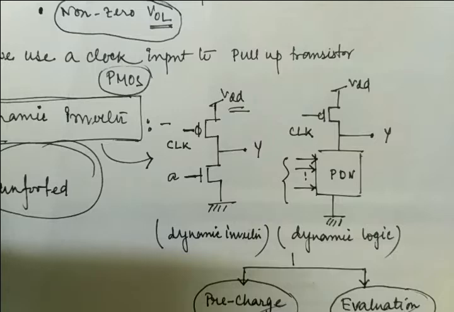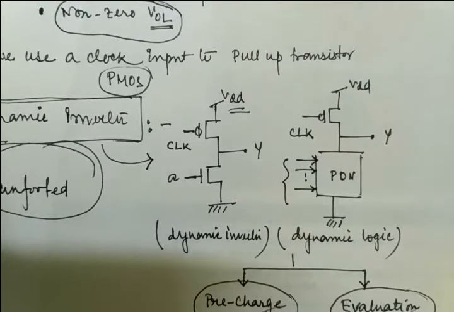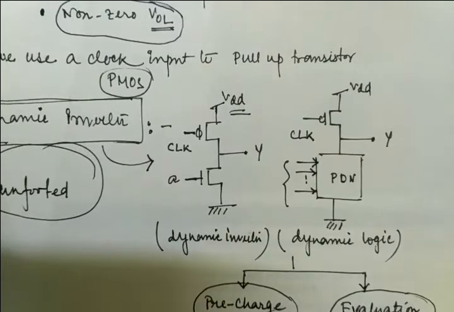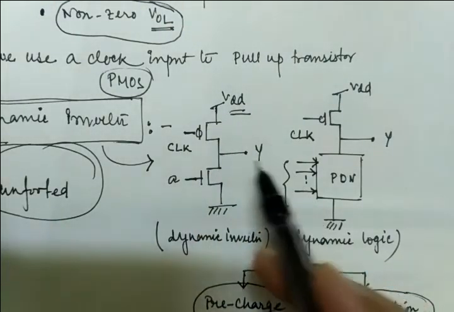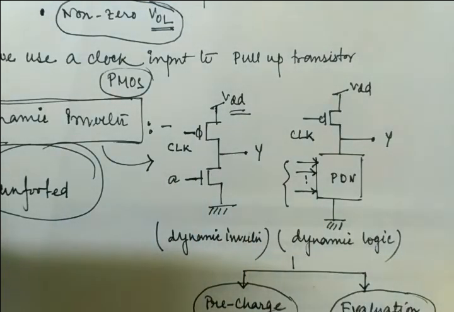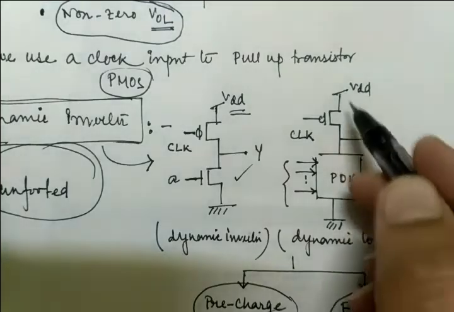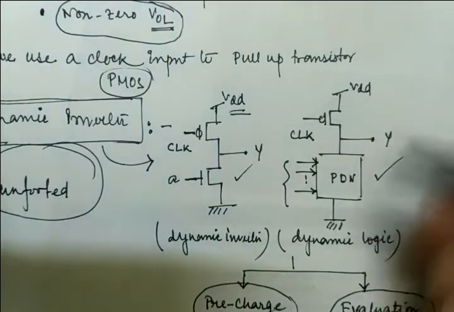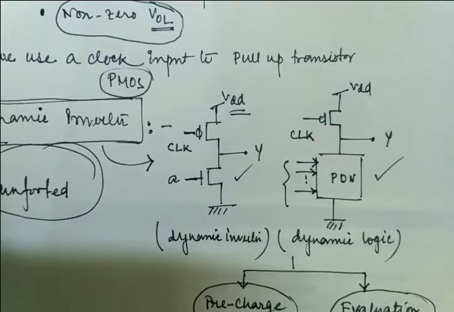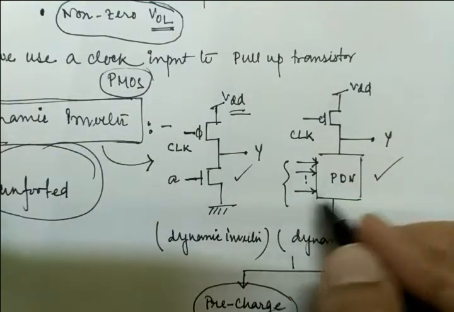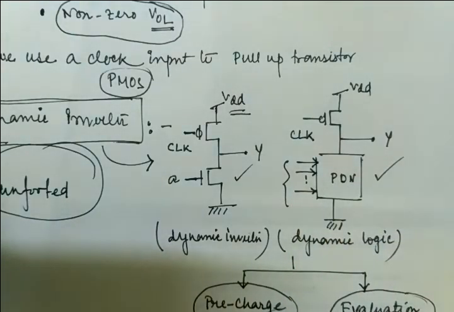So whenever the clock equals 1, what will happen? The PMOS transistor is off. Yes, the PMOS transistor is off. Then the output node Y depends on the input. If we consider this diagram, this upper portion is off, then what will be the condition of Y? Then Y will depend on the input, because depending on the input, this NMOS transistor will be on. So if it is on, then it will be 0. Otherwise, it will be charged to 1.